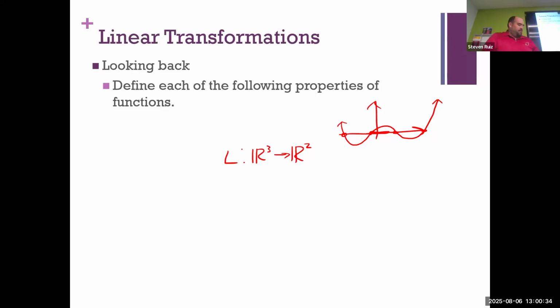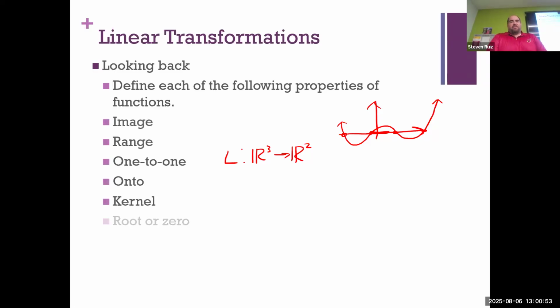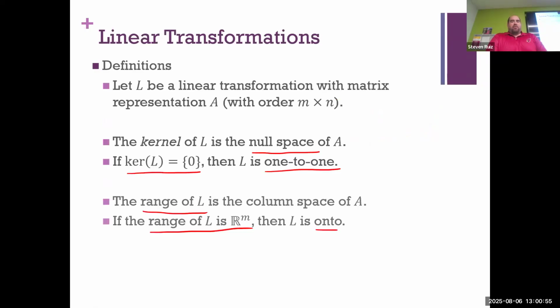All right, so let's get back into section 7.2. So chapter 7 has been all about this idea of a linear transformation, a specific kind of function that applies to matrix operations. And yesterday we talked about a lot of these different properties of functions and basically how we're now going to apply them to linear transformations. So we kind of ended the last class with defining what all those things are, but now let's put them